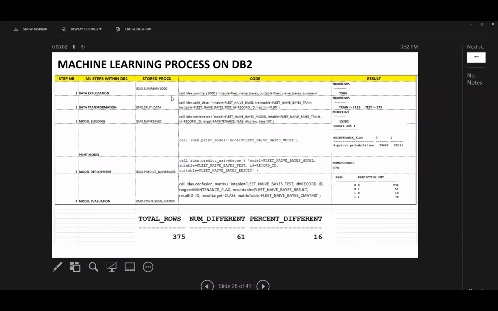And using a summary, this is how we do the machine learning. So you just look at that, calling that stored procedure and feeding the input table. It basically shows how much data, right? What kind of data we have, and explore, and you can do so many things with this summary. And calling the IDAX split data,